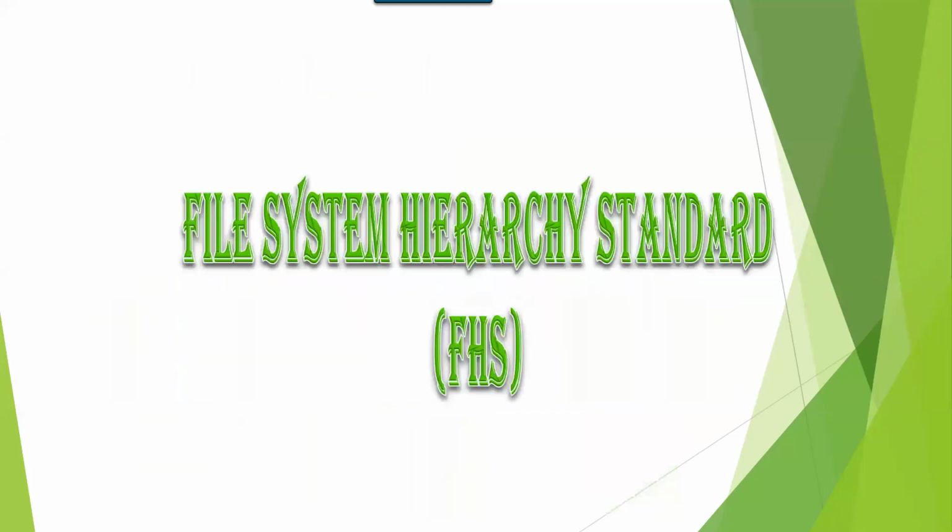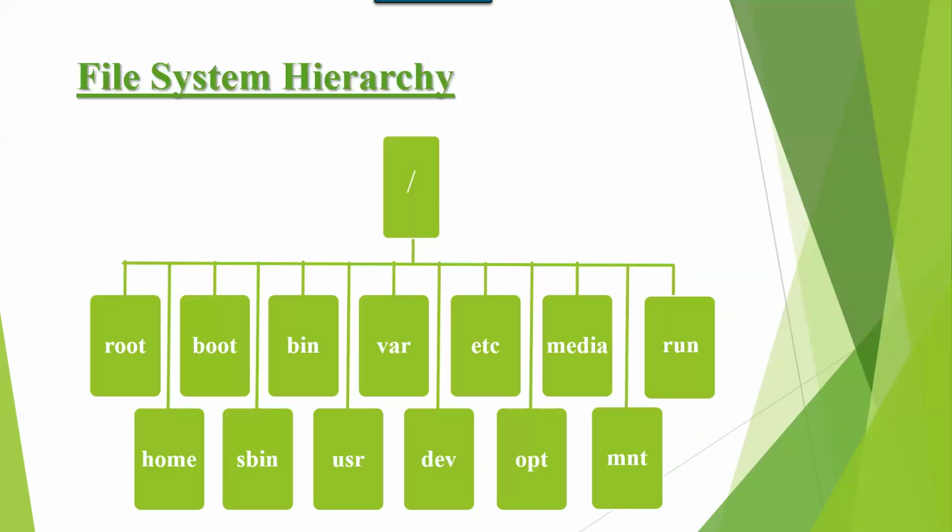So these are the default directories we get along with the operating system. First one is forward slash. Forward slash is a top level directory in Linux. It is also called the parent directory. And this forward slash is similar to the C drive in Windows. In Windows, C is a compulsory partition, right? Same like that in Linux, forward slash is compulsory. So under forward slash, we have subdirectories. Directory means folder, remember.